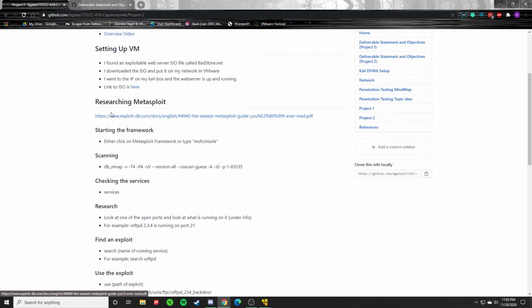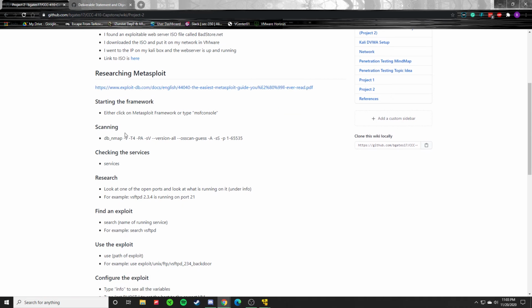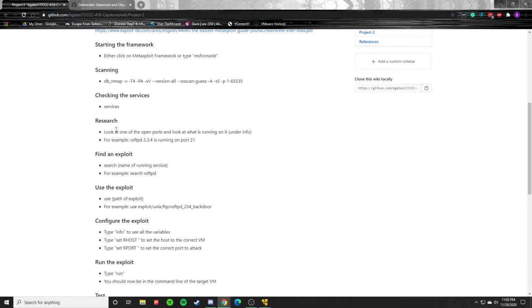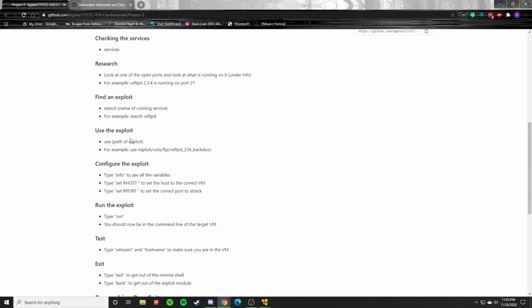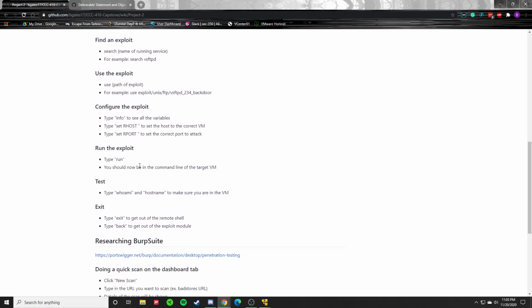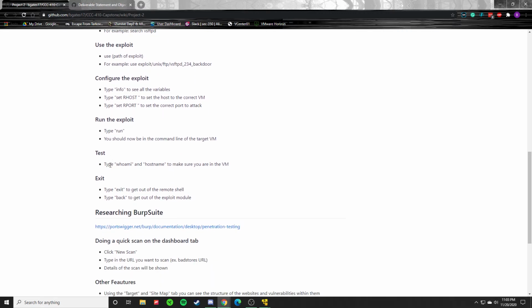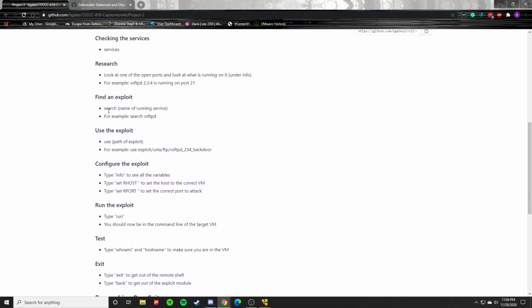And then I started to do some research on Metasploit, and I tested it out on one of my VMs, my Metasploitable. I looked at basically how to get it started, what kind of scan to do, how to see the services running, and basically what to do in order to find an exploit and how to exploit using different modules. And a test to see what's actually on the VM, like if you're actually in it, and how to get out of that. And so I tested it on my Metasploitable,